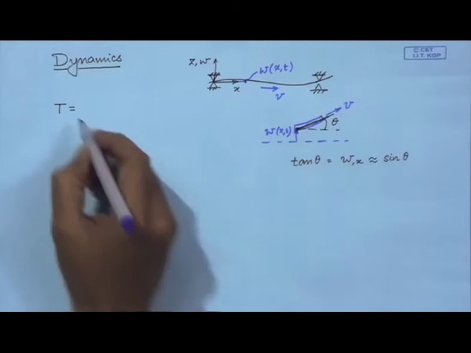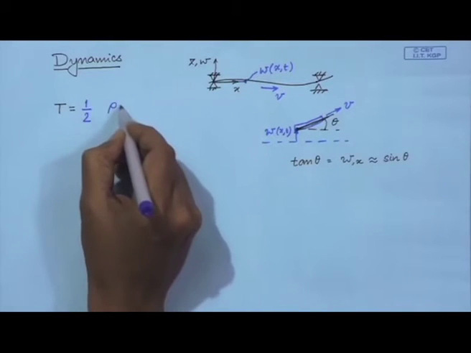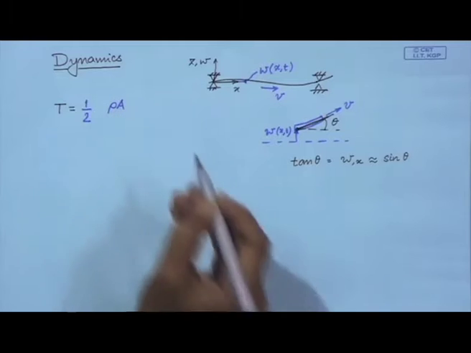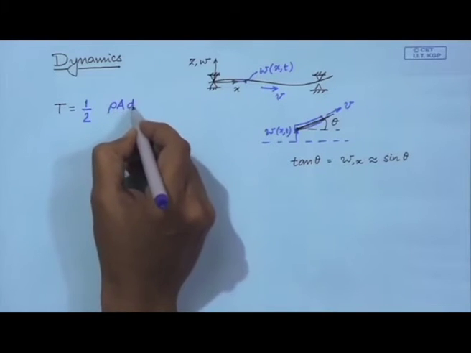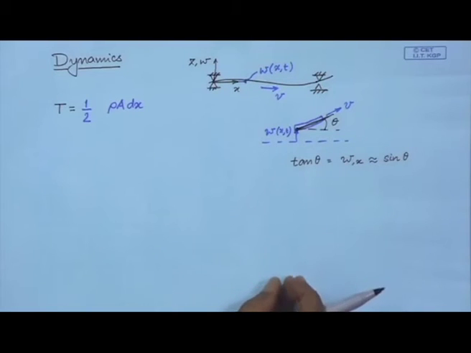Now, I can write this kinetic energy as half rho times A times dx, which is the total mass of this little element,